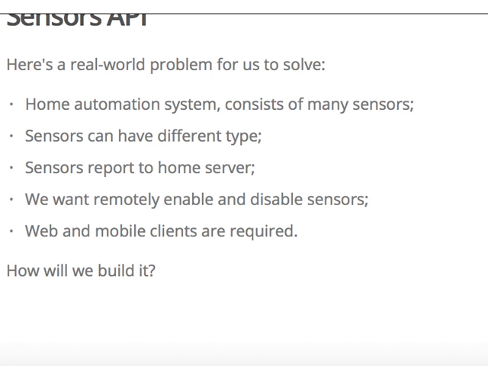And as a part of this application, I wanted to enable and disable sensors remotely. So, for example, I may want to disable all sensors, or I may want to disable the temperature sensor in a bedroom, or something like that. Or I want just to see all sensors on one screen and see what their statuses are. And finally, I want to control this from the web browser and from my Android phone. And so that kind of can work.